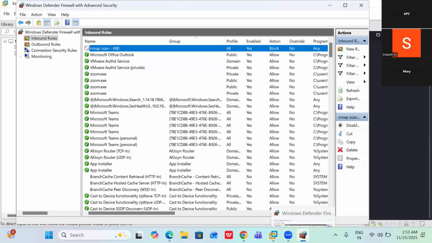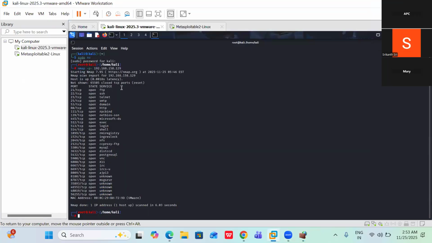Along with this, we have lots of different variants of scan. As I mentioned, we can do a service detection, or we can run an aggressive scan, which probes into each of these services to find out the exact version and what versions are vulnerable. That is the intensive part of scanning. With this, I'm going to stop here with a simple nmap scan. I hope you got a little bit of understanding of what is